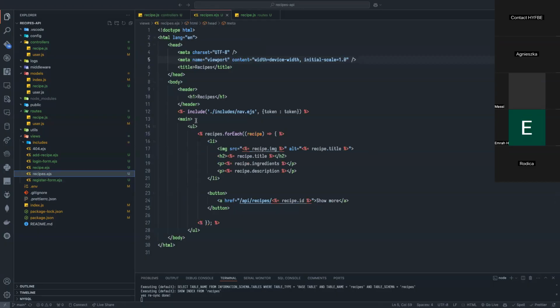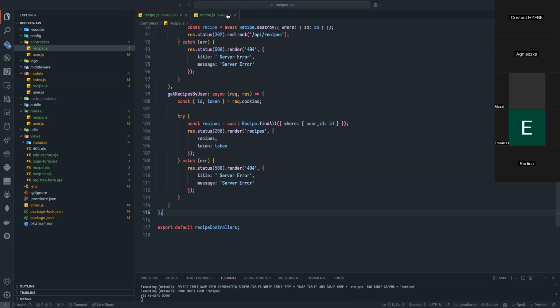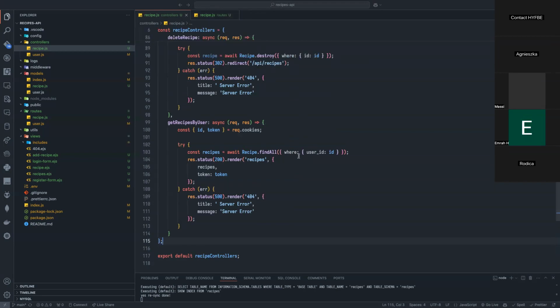I need to pass token. Or I can create a new axios if I want to. So I can create a new one like that. I will not need token. Yes? Okay. And now your job is,